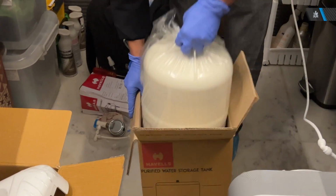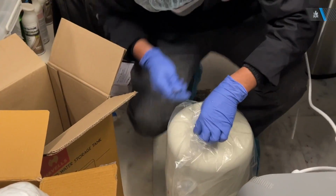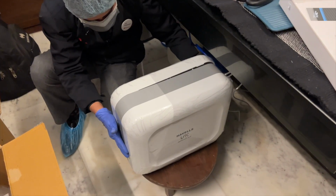When the engineer showed up, he got his temperature checked and also got sanitized with sanitizer. But more importantly, he was wearing a proper mask and covered his hands with gloves and covered his feet with shoe covers. This I found was also very professional, and the only other company that does do this, at least when they do home visits, is Samsung. And I was really impressed with the fact that Havells was doing this with water purifiers,